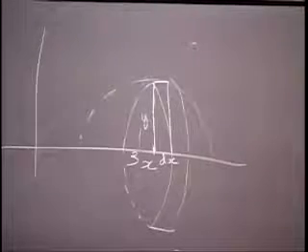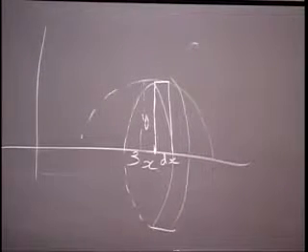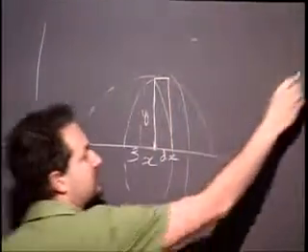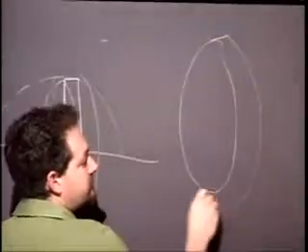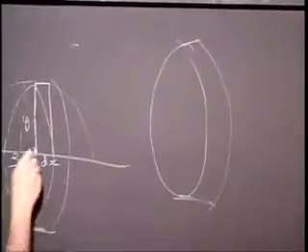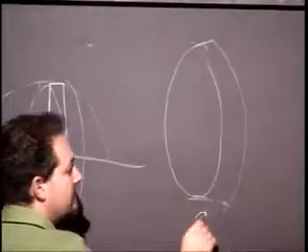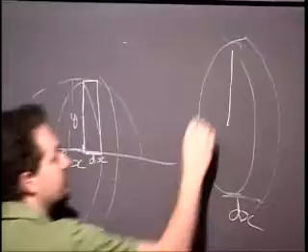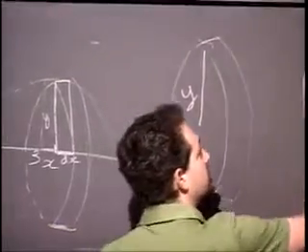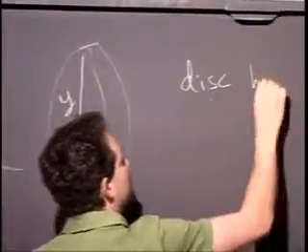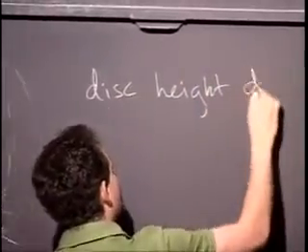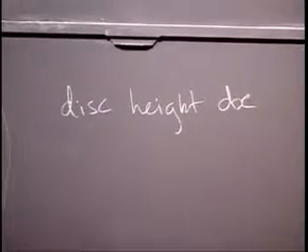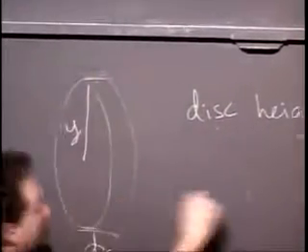Okay, so what we're going to do is we're going to work out the volume of one of these disks. Now, what is it? Let's just think about it. It's a disk. It looks like this. The thickness is dx, because that was the thickness of the rectangle that made it. And the height of the original rectangle now becomes the radius of the disk. So the disk, or cylinder, has height dx. I know it doesn't look like a height. You have to tip your head on your side to think of it as a height. But in any case, it has height dx and radius